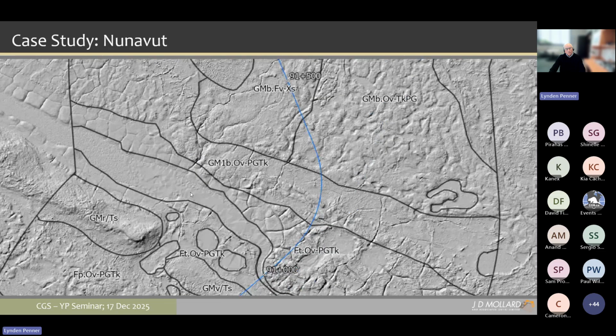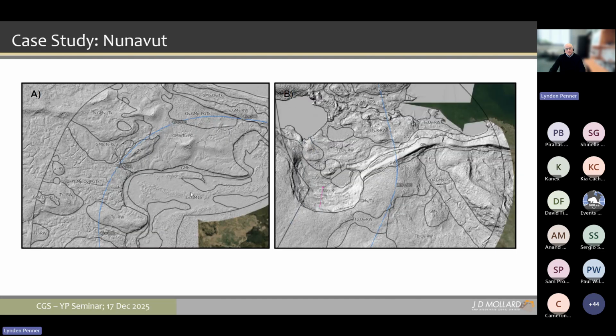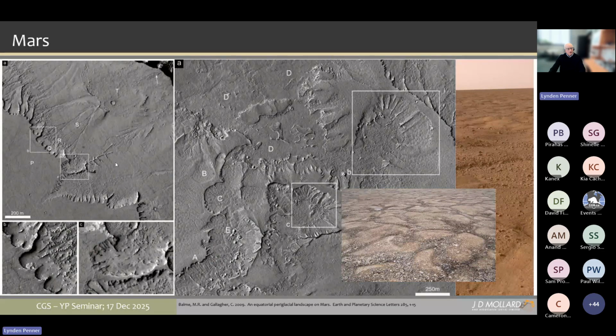Slope failures. I wanted to leave you, though, with a couple of shots from Mars. So a number of years ago, Dr. Mollard was recruited by a geologist at NASA to look at features on Earth that they were seeing similar types of features on Mars. One of those is permafrost features. Here we see slope failures on Mars that look very much like the ones we just looked at in Nunavut, patterned ground,